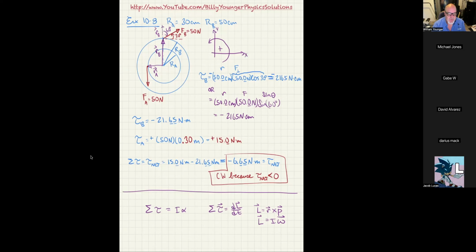Equation 10.14 is valid even when the object is translating with acceleration, but only if we calculate I and alpha about the center of mass of the object and the rotation axis through the center of mass doesn't change direction. So that's a really big, important paragraph that you have to understand to be able to apply this equation. Another way of writing it is the summation